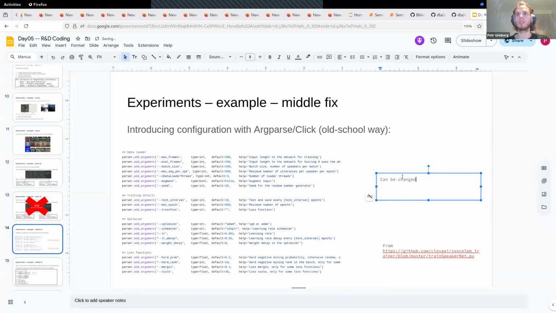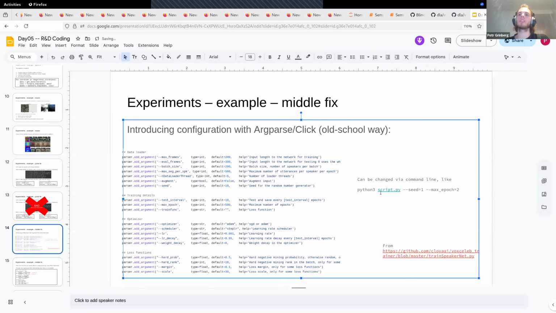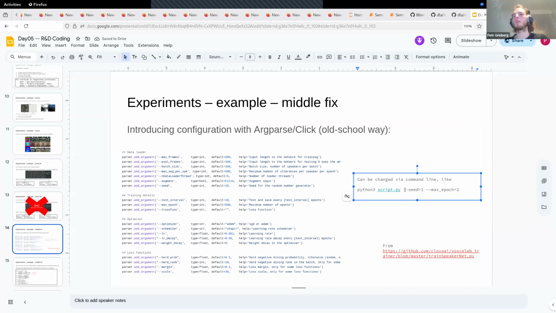Can be changed via command line, like python3 script.py, and let's say seed equal to, max epoch equal to. Yes, you would be able to run something like this to change these hyperparameters through the command line,